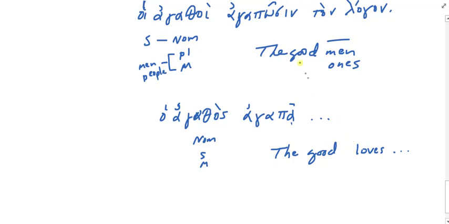So with plural substantivals, you might just say the adjective and leave it there. But you can't do that with singular ones, so you've got to add something here. And what are we going to add? If it's masculine singular, the good man or the good one, the good dude, or something like that. Okay? That makes sense? All right. Very good.